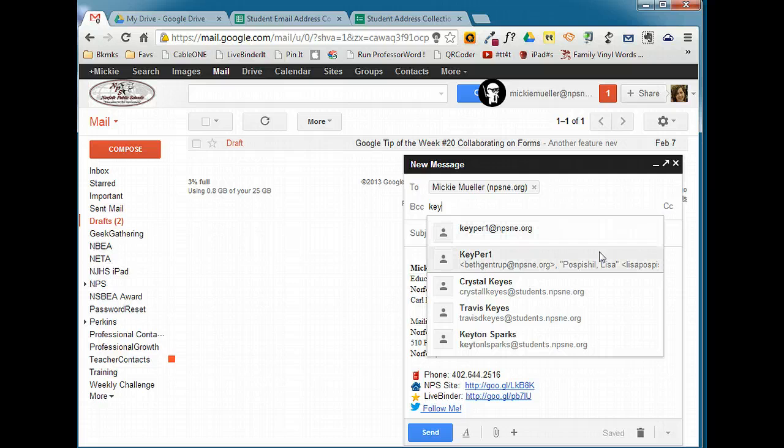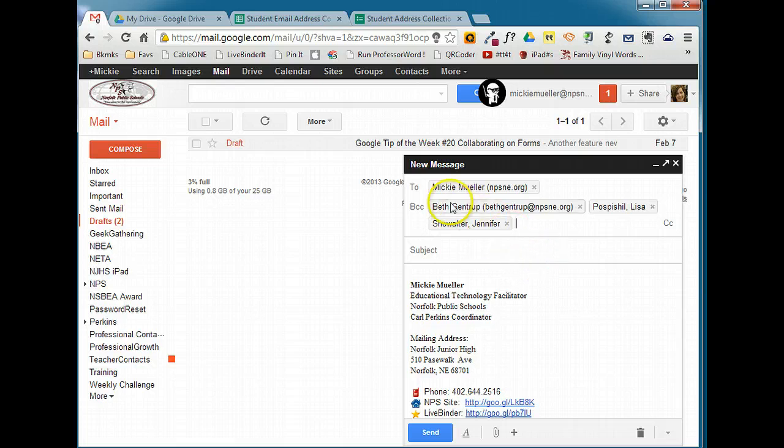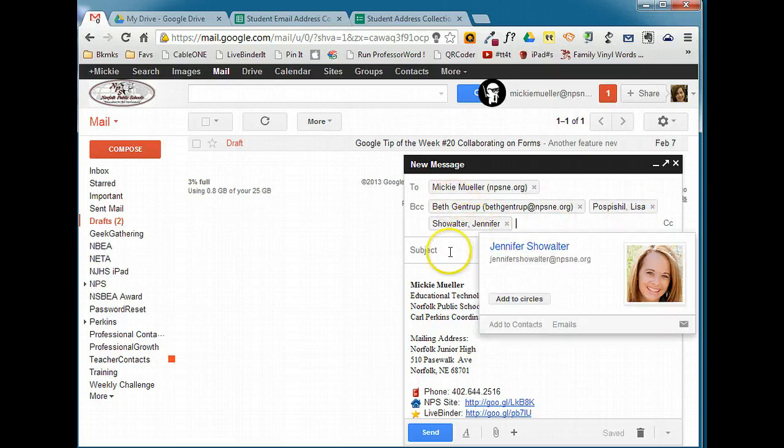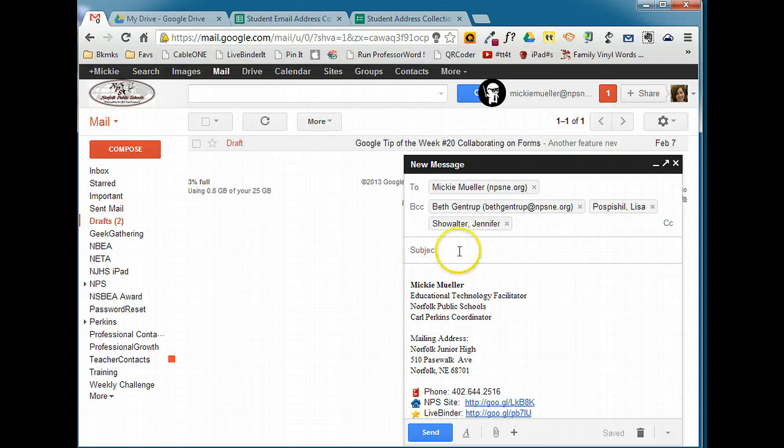As soon as I start typing it, I'll see that it populates in my list here, and I'm going to go ahead and click Keyboarding Period 1. That's going to put the student email addresses in there, and I can go ahead and enter a subject and